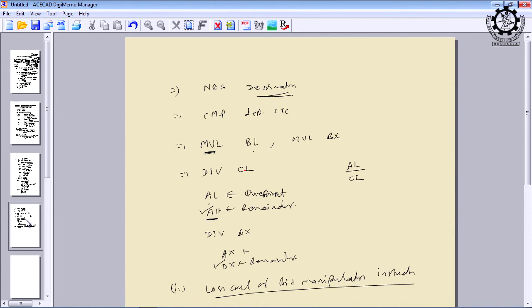So, the next category of instructions is logical or bit manipulation instructions. As the meaning says, what are the logics? We can have AND, OR, NOT, exclusive OR, etc. You can utilize those logical operations whatever you have studied in digital electronics in the form of instructions. The only thing that you have to remember is the syntax in writing the opcode, where to use the brackets, and how to specify the operands in the instruction. If you know these three things, you can easily write a program in 8086 assembly language.